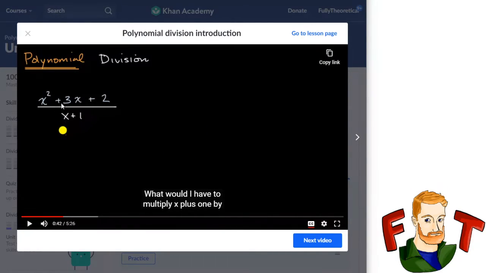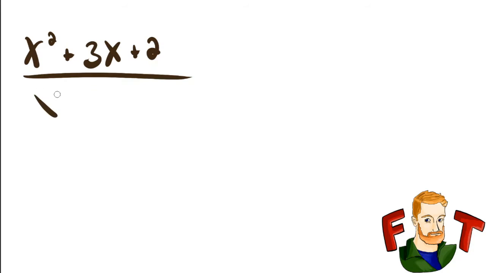So we have x squared plus 3x plus 2 over x plus 1. I know there's a couple ways of doing this, but probably the easiest way in this case is just to say x plus 1,